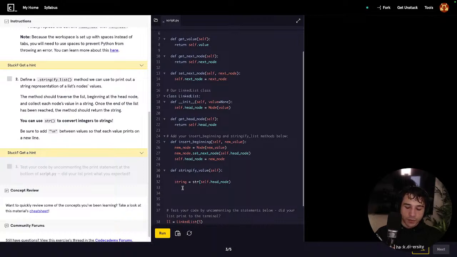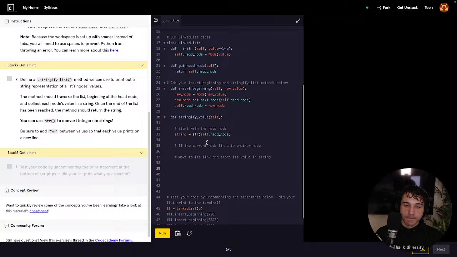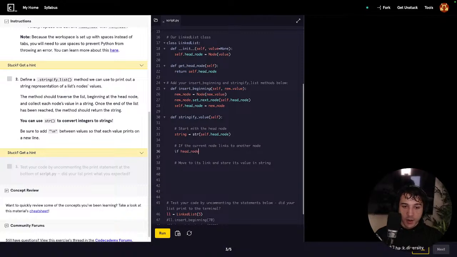So start with the head node. If the current node links to another node, move to its link and store its value in string. So if self dot head node,